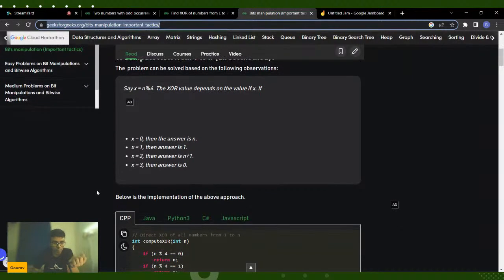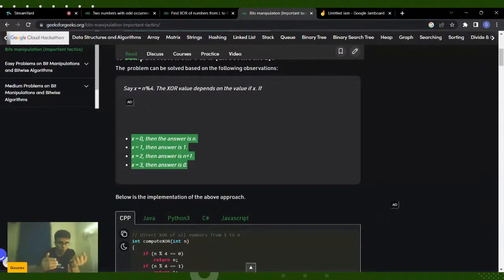Okay, so this is the pattern exactly. If you try to write the XOR of something like this, you write the XOR of 1, which will be equal to 1. Then you do 1 XOR 2, 1 XOR 2 XOR 3, then again 1 XOR 2 XOR 3 XOR 4. Just try to write the cumulative XOR on a piece of paper, and you will see that the same pattern gets repeated every four numbers. For x equal to 0, 1, 2, and 3, this pattern will get repeated for numbers 0 to 3, 4 to 7, and so on. So this is basically observing the pattern being formed and then deriving a formula based on that.